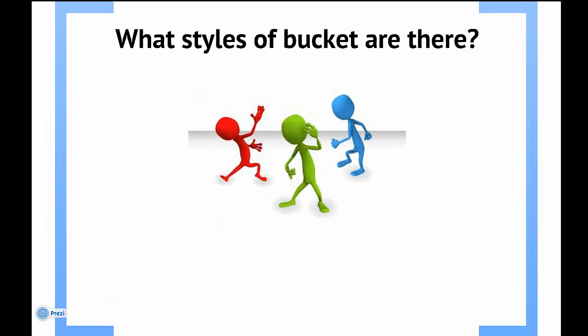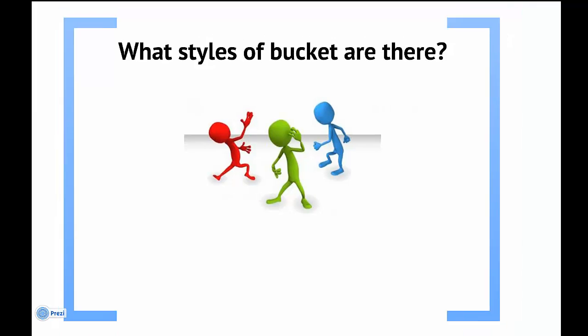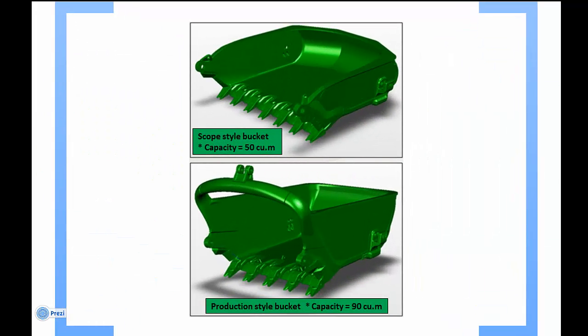What style of buckets are there? We generally have two classes. We have lightweight, which is a scoop style bucket, and they're used in fine materials like sand, gravel and well fragmented material. They're generally smaller in size in terms of cubic meters, but they're usually used in high productivity systems as their design allows them to fill quicker, and also their lighter weight allows more waste to be carried and